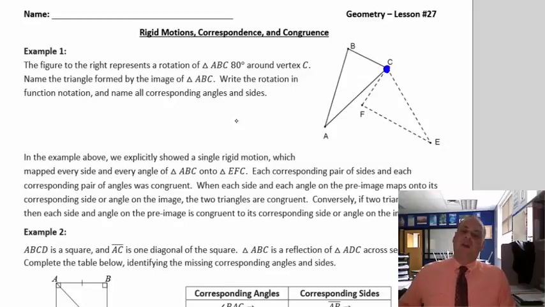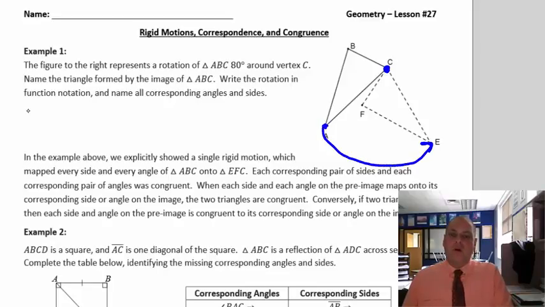But what's tricky is the way you write it. You can't just write CFE, EFC. The order in which you write the letters is important. So see how it's ABC? Where did A go? Well, A went to E. So it's important to write E. So it says name the triangle formed. The triangle formed